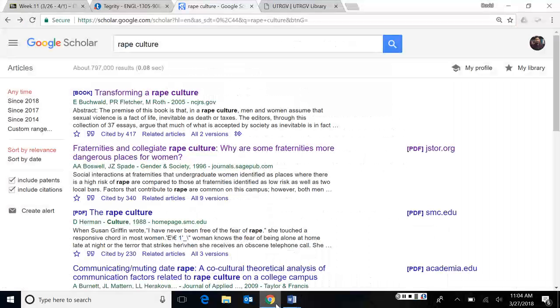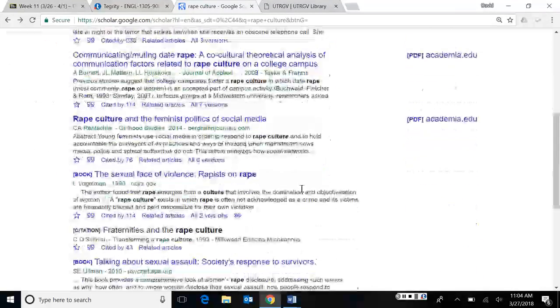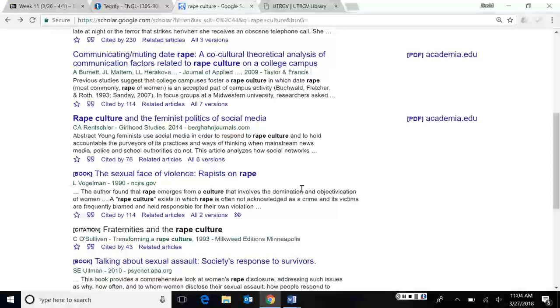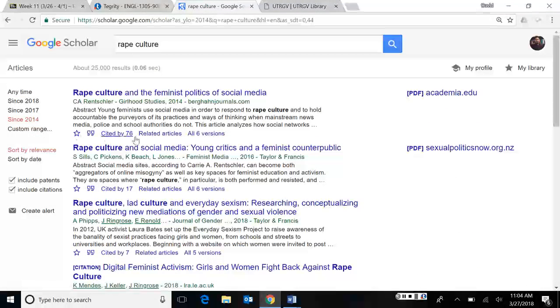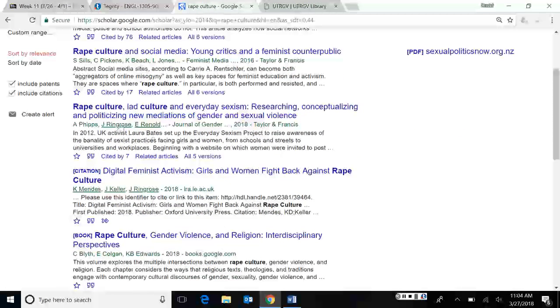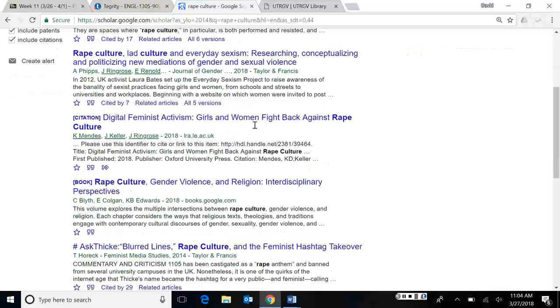Well, if I take a look at the articles here, some of these are going to be very old, so I'm not sure if they're still relevant. So one of the things I like to do is search for the last 4 or 5 years. Okay, and I'm going to read some of the titles here. We have Rape Culture and the Feminist Politics of Social Media, Rape Culture and Social Media, Young Critics and a Feminist Counterpublic, Rape Culture, Lad Culture and Everyday Sexism, Researching, Conceptualizing, and Politicizing New Mediations of Gender and Sexual Violence,